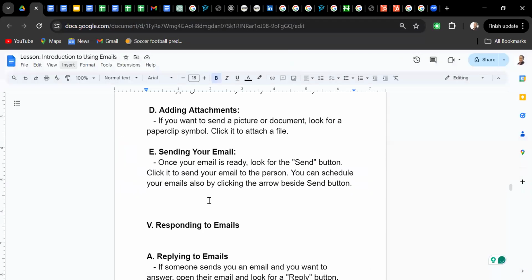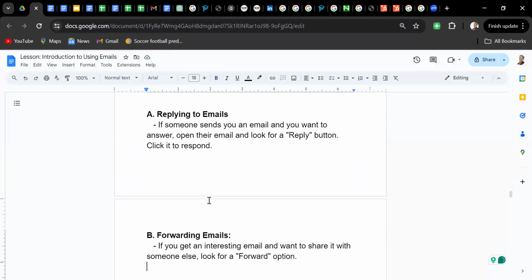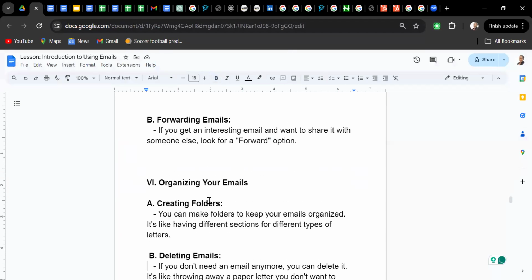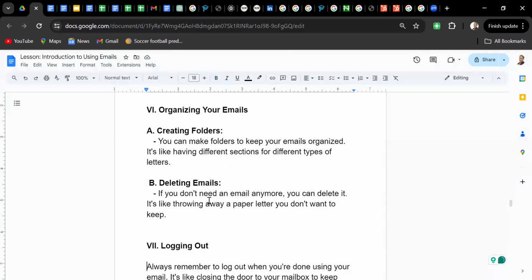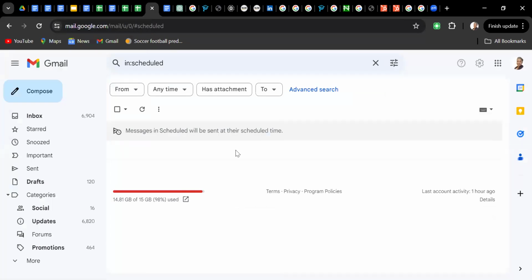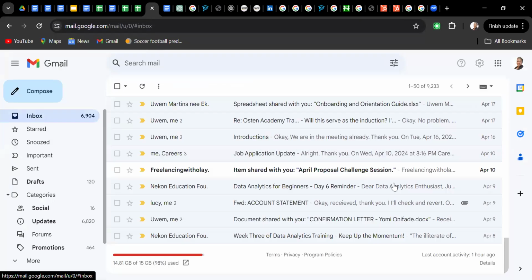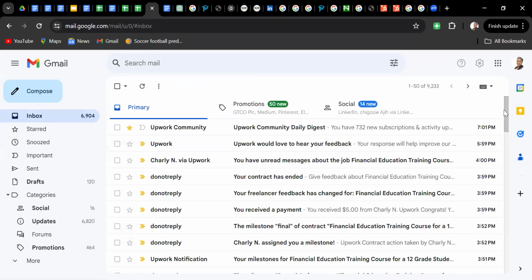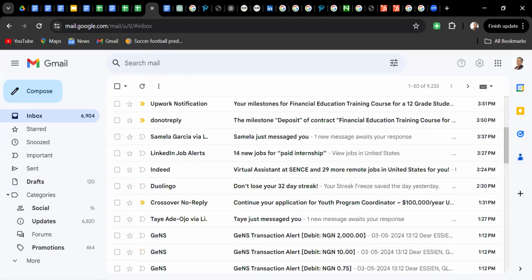We have seen reply to emails and forwarding emails. Okay, so go back again. You want to forward an email. Somebody sends you a mail that you want another person to see, that the person did not receive. You just want the person to see, oh, see the mail that was sent to me. Take a look at it. That's when you use forward. That's when you forward the email. So if we go back again to my friend's mail,